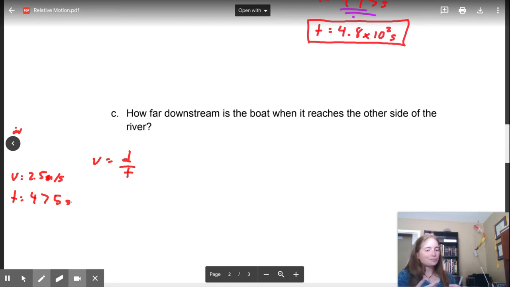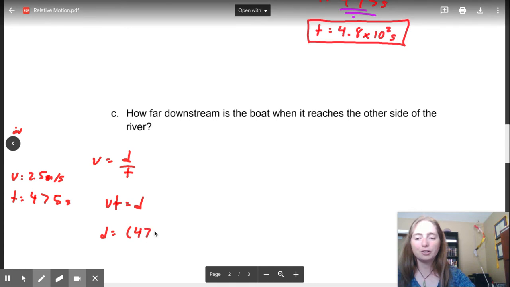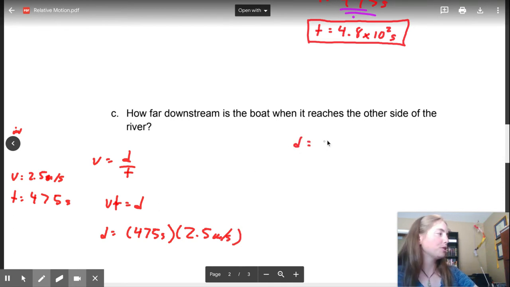So using time or your angle, you're going to have some type of error. So you got to do it. So now we're trying to find how far downstream. So velocity times time is going to equal the distance. And so our 475 seconds multiplied by 2.5 meters per second. And once you plonk those into your calculator, you're going to get